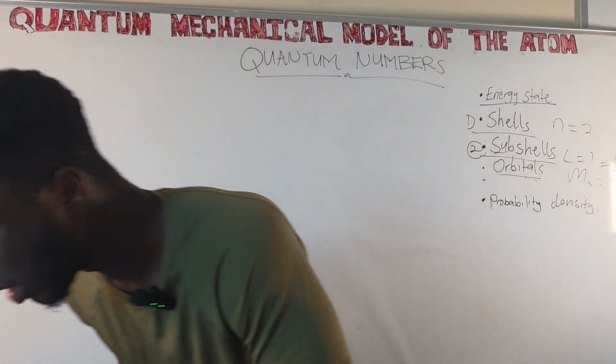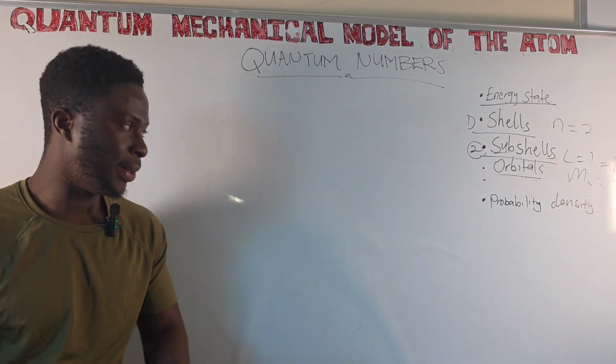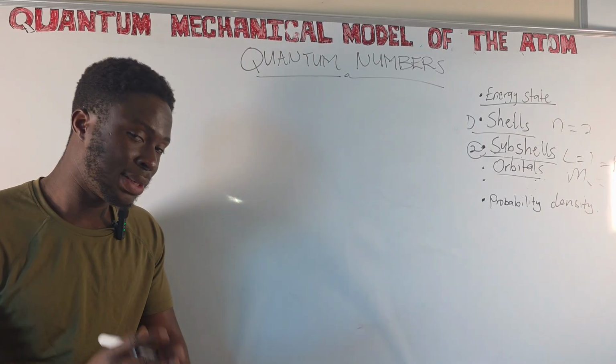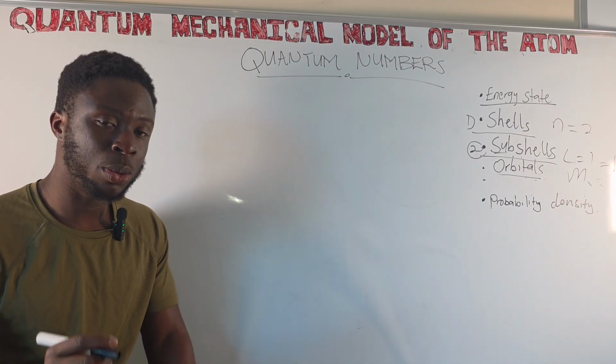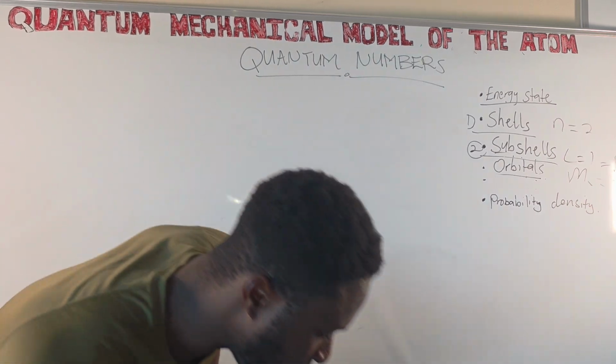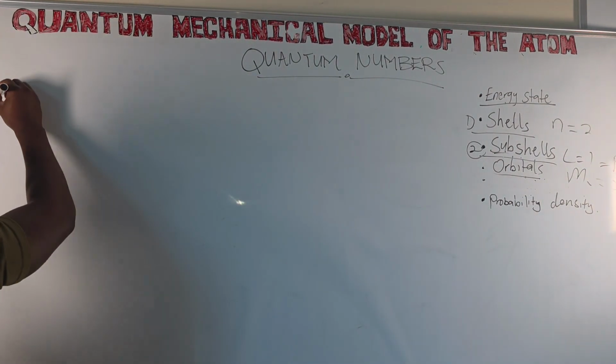Now, because you cannot find the momentum and the position of an electron at the same time, scientists came out with the quantum numbers. They came out with 4 distinct quantum numbers. The first one that they came out with is